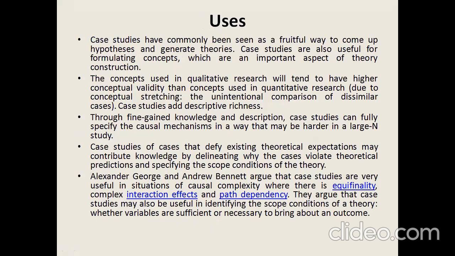Case studies have commonly been seen as a fruitful way to come up with hypotheses and generate theories, because until and unless you come to know about that case properly in all ways, you are not going to tell what the theory or the hypothesis is going to be.